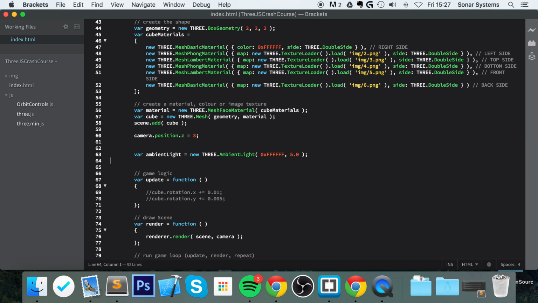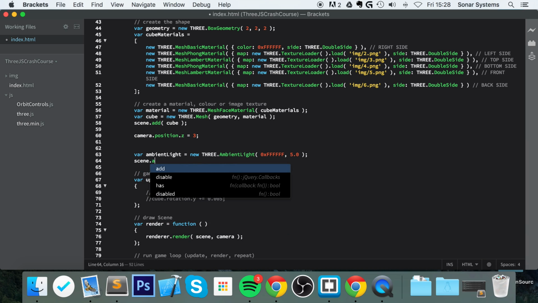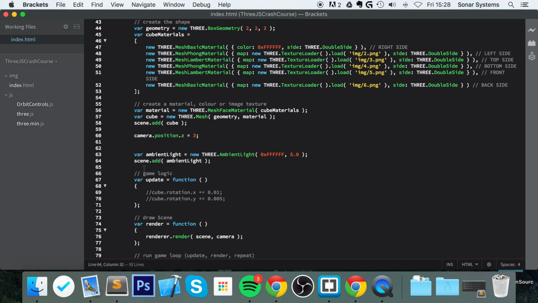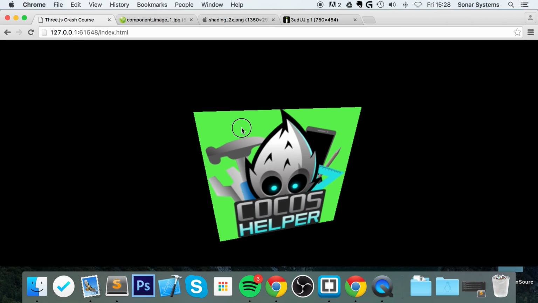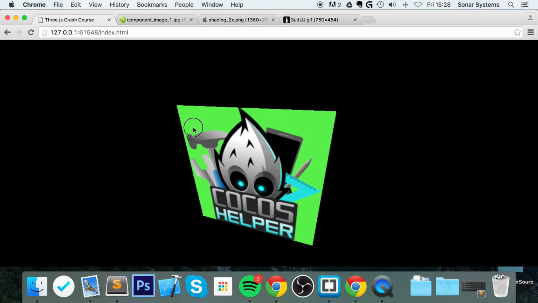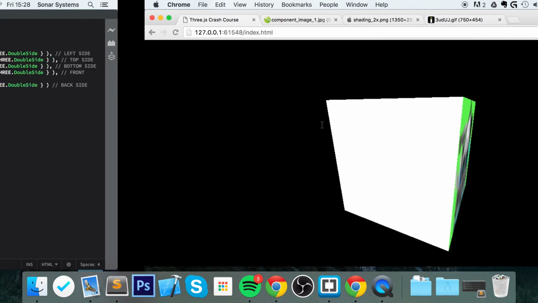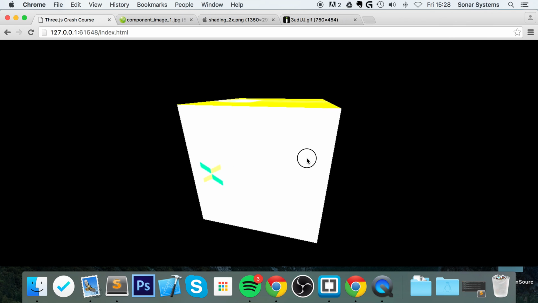So now we're going to actually add our light. What we are going to do is scene.add ambient light. And now I just remembered, because we didn't add the light, it wouldn't have affected anything anyway, even with the basic. But we know that the green side and the white side are using the basic material, so we'll be able to have a look at them and see whether or not they're correctly loaded. So if we refresh,